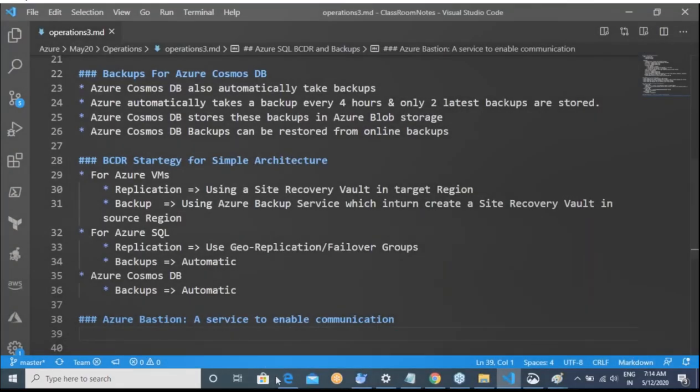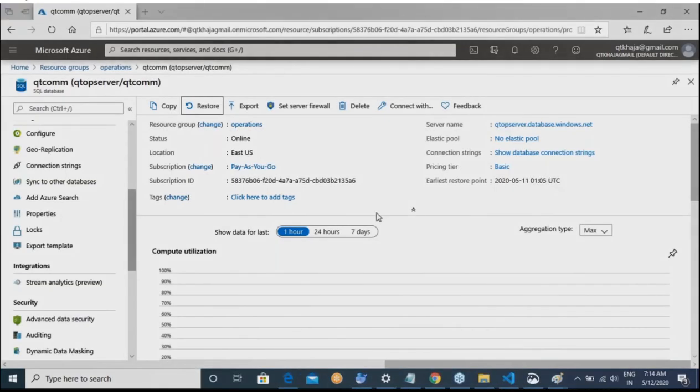I'm quite sure that everyone in this classroom wonders how long the restoration time is. It depends on the size of your data. This is not dependent on Azure. What Azure does is give you fast recovery options, because they are locally available.